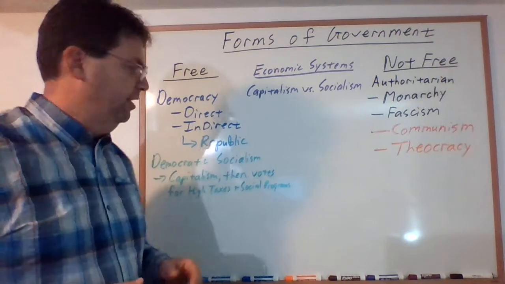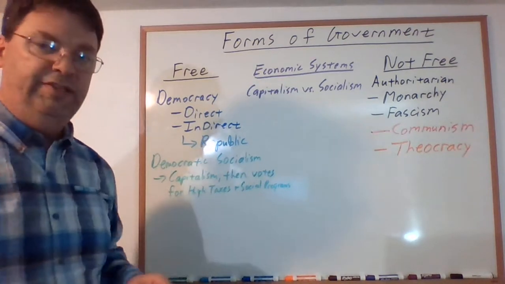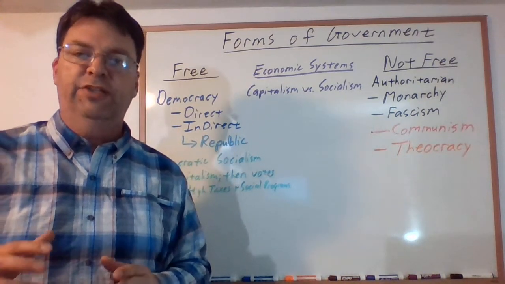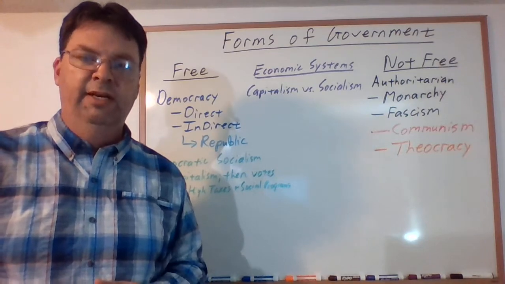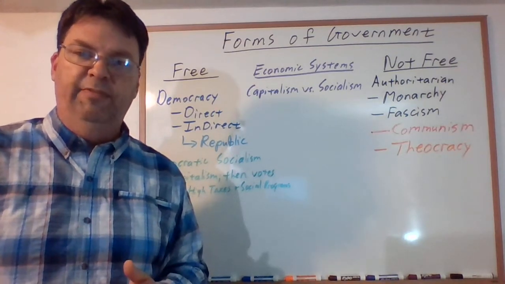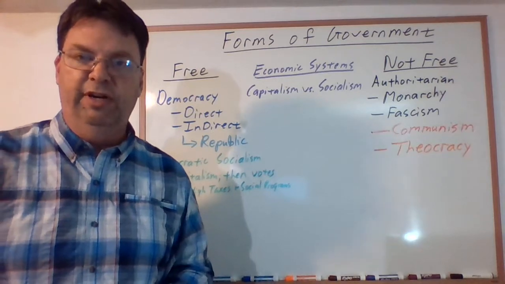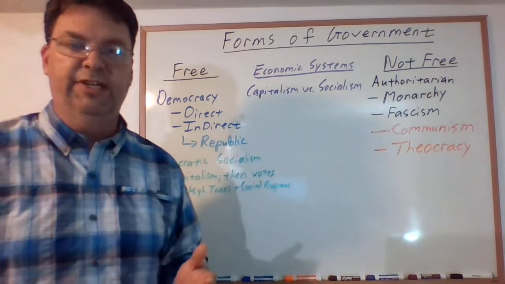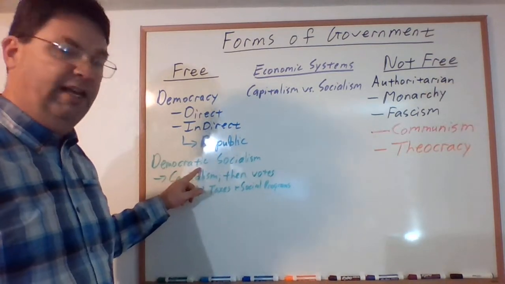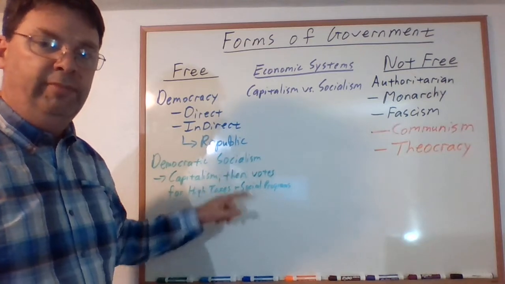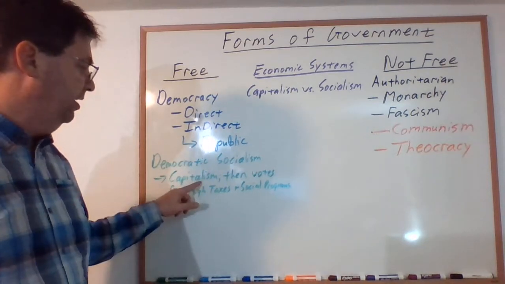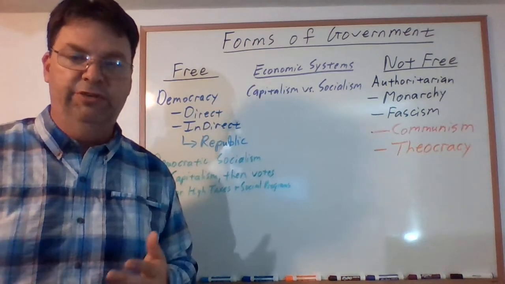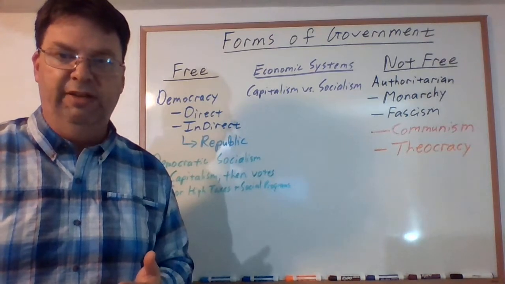All right. Another type of democratic system we need to talk about, and this comes up a lot and has a lot of confusion to it, is called democratic socialism. Okay? So the most common form of this is found in the Nordic countries of Europe: Iceland, Sweden, Denmark, Finland, places like that. Let's just take Sweden as our example. Sweden is a country that has democratic socialism. Now what that means is that they practice capitalism in their economy. Everyone can buy, sell, and trade. You're free to own private property and all that sort of thing.